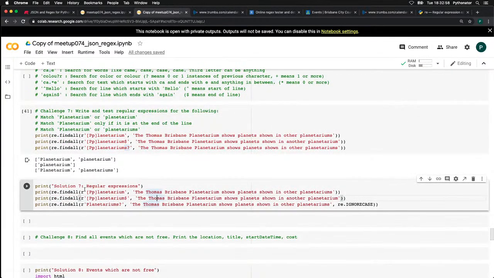Here's the solutions, pretty much the same. The only difference was I used the flag re.IGNORECASE in this case. To put flags in there means I don't have to do an uppercase or lowercase p. I can just put either and it will ignore the case. So if I run them,